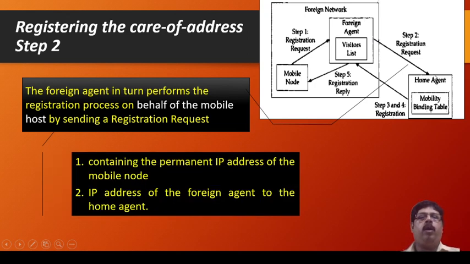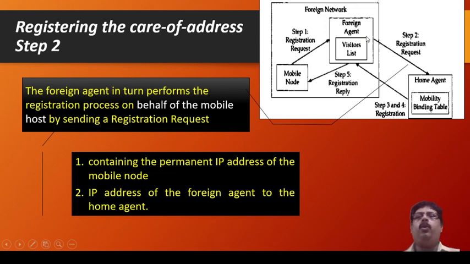Now, what does it contain, that is the question here. It contains the IP address of the mobile node. The mobile node's IP address is never left out. Whatever the IP address is, that is permanent. Whenever it tries to register with the home agent, it will contain the IP address of the mobile node, and the IP address provided by the foreign agent to identify this node by a home agent in the foreign network.